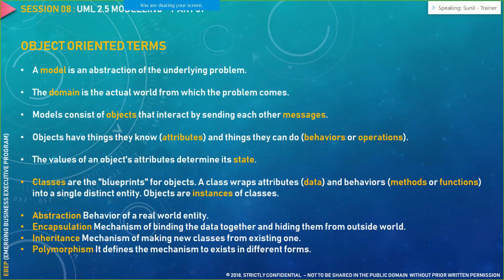Now objects have certain things called attributes, and they can do certain things with the help of behaviors and operations. Now what are attributes, what are behaviors, and what are operations? An attribute would be like, for example, I am the instructor object. I am an instructor. So what would be my attribute? My attribute would be the name, my name as an instructor. My attribute would be which class I am teaching at this point of time, the business analysis class. That would be an attribute.